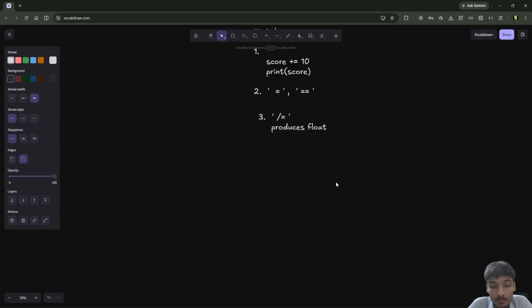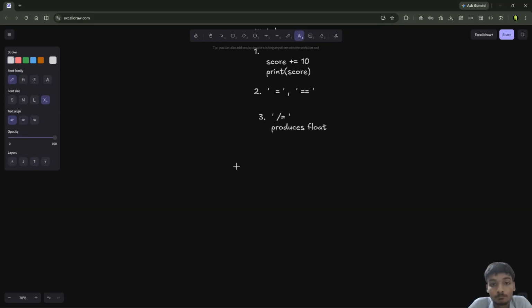So far we have learned the arithmetic operators and our assignment operators. Now we come to our comparison operators. So firstly,